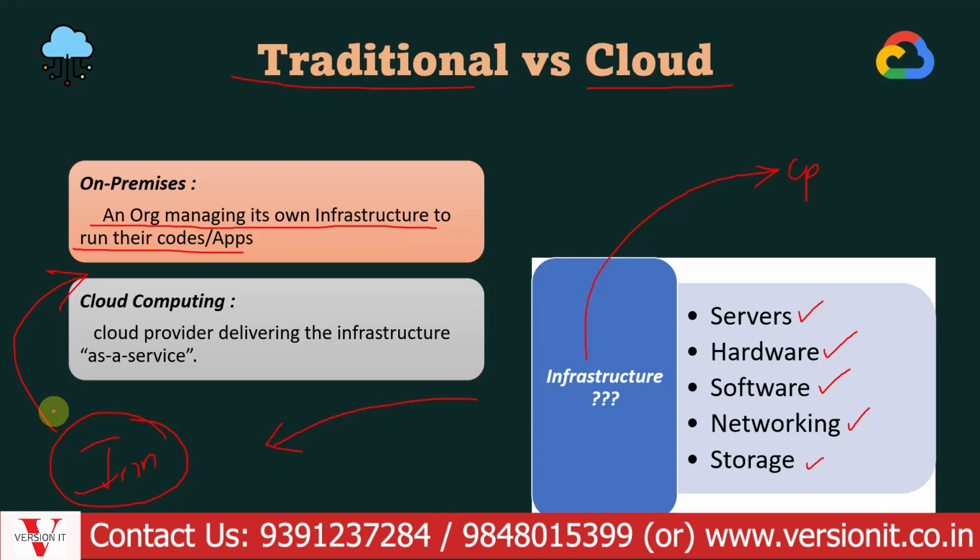Okay, so that is what you have. Two models. One is the on-premises or traditional model, and the other is the cloud computing model. In a cloud model, your cloud provider, whether it is GCP or Azure or AWS, takes care of the infrastructure for you. You focus on the innovation. But when you're working in the traditional model, you have to focus on the innovation and also on your infrastructure. Your company has to take care of both. Okay, so that is what it is. I hope this is also clear.